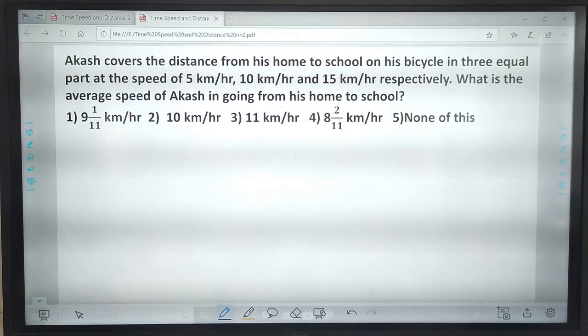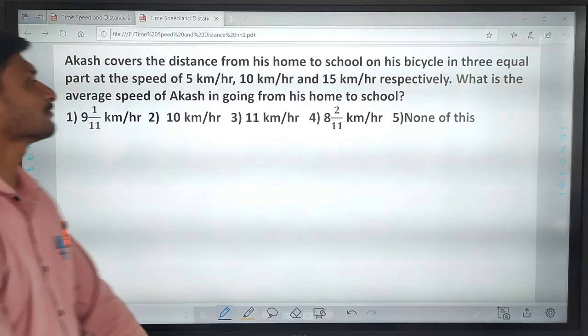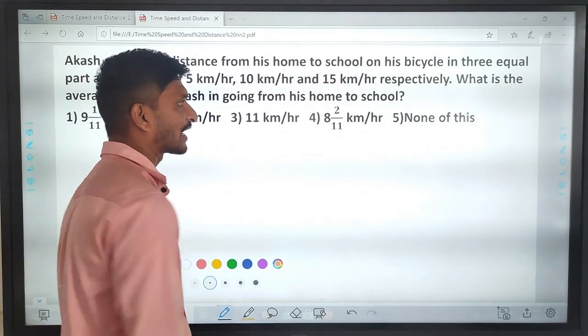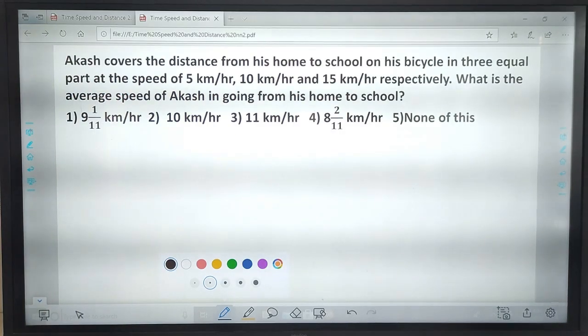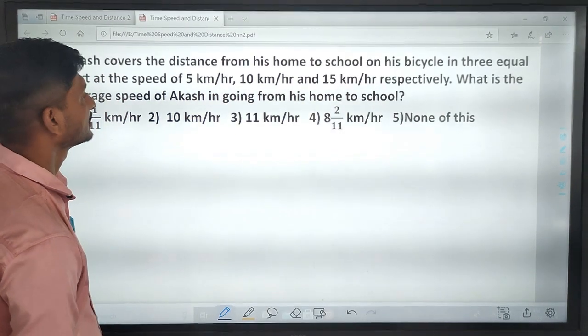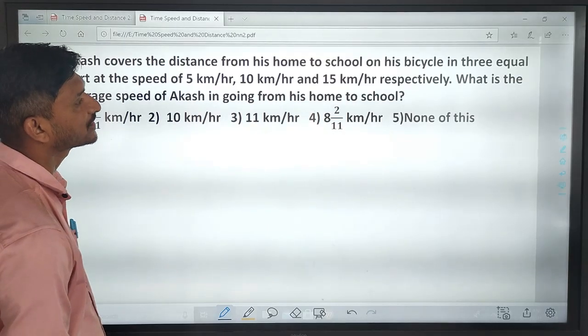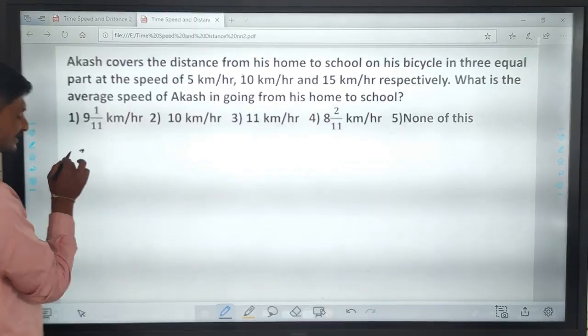Akash covered the distance from his home to school on a bicycle in 3 equal parts at speeds of 5 km per hour, 10 km per hour, and 15 km per hour respectively. What is the average speed of Akash going from home to school? Here, the speeds are different but the traveling distance is the same. First speed is 5 km per hour, then 10 km per hour, then